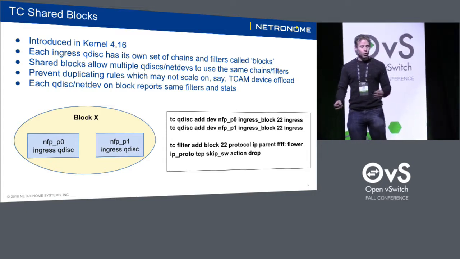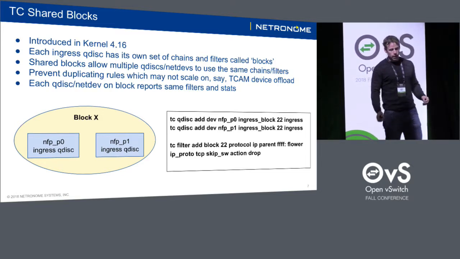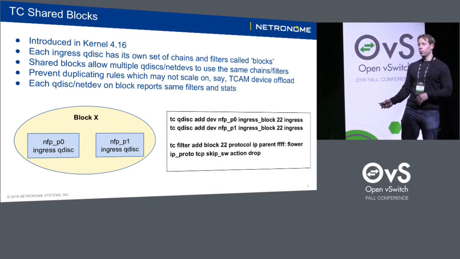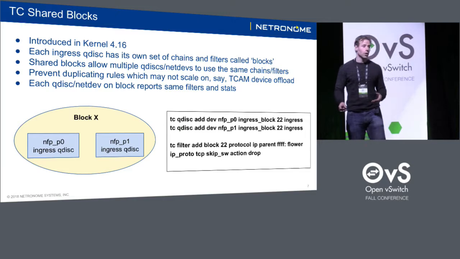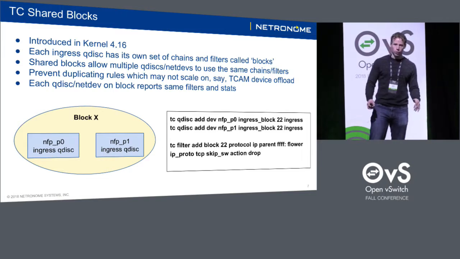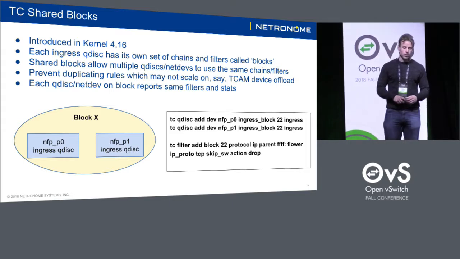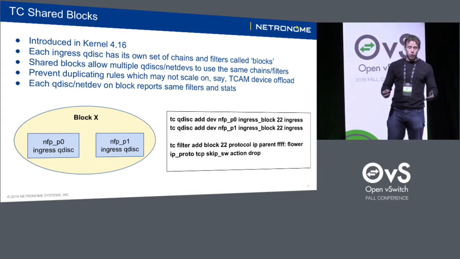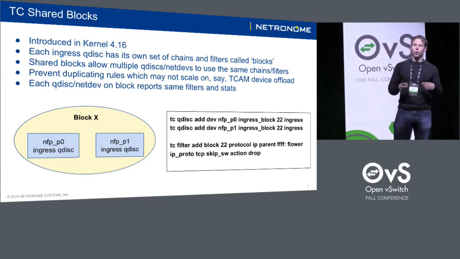The actual use case for this, I think, was to better improve offload to TCAMs, whereby if you have multiple ports and we want to apply the same, say, ACL rules to all these ports, well then it seems a bit stupid to try and offload these rules for each port and write multiple copies of the rule to the TCAM, taking up extra unnecessary space. So they introduced this idea of grouping these together in a shared block and offloading one